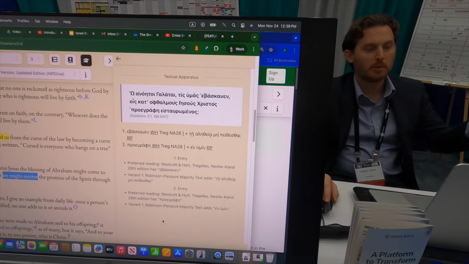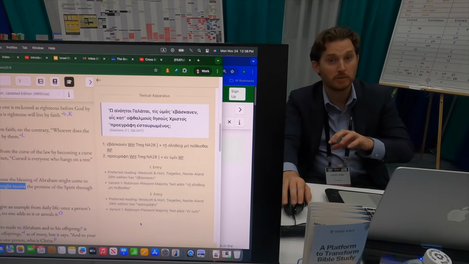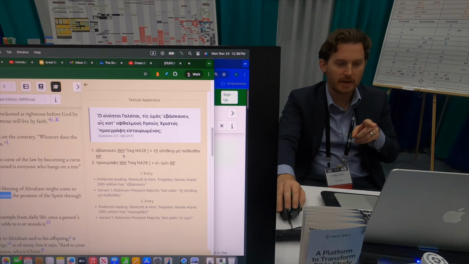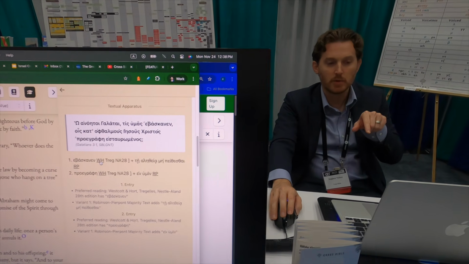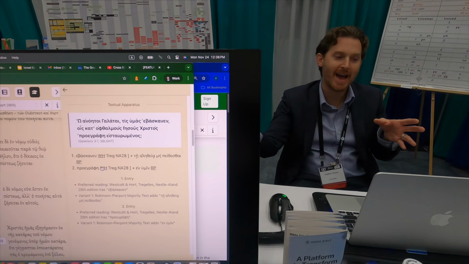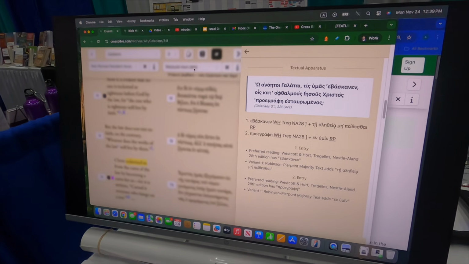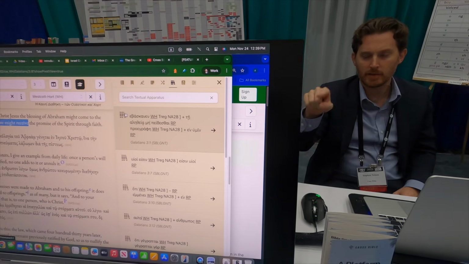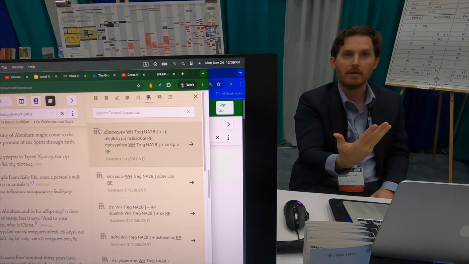The next phase will be to actually translate the textual variants into English and other languages, so you people who don't know Greek can actually use the apparatus. And the cool thing is that if I want to fact check this apparatus, I want to see what Westcott Hort actually says, I can click on it and open it up, and it will add Westcott Hort onto the reader, and then I can sort of embed it here, and I can keep going. So I can basically not only just verify, oh, the apparatus says that this edition says this, I can actually pull that edition up in the reader.